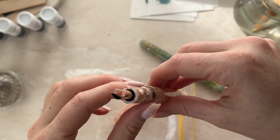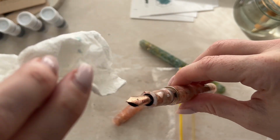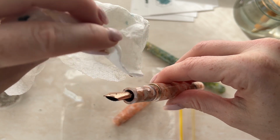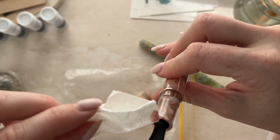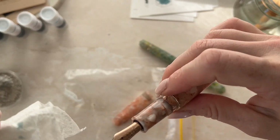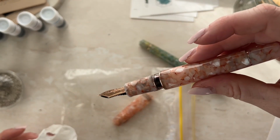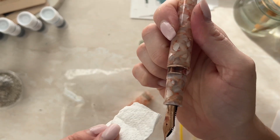But it just looks like there's a gap. Like, you can see the ink dewing. If I get a tissue here and I just put it to the base, see that? That's all along the base of where the nib is sitting in the housing. So that's why I kept it in this, because I just wanted to see if it was just on a slight angle, if it would keep on leaking. I wasn't having it completely upside down, but